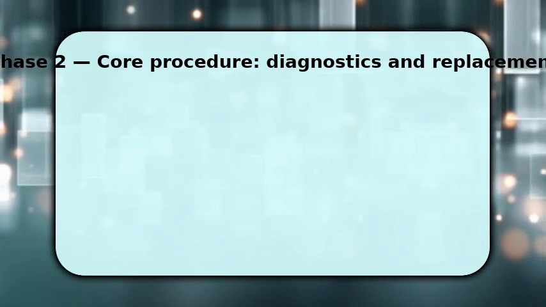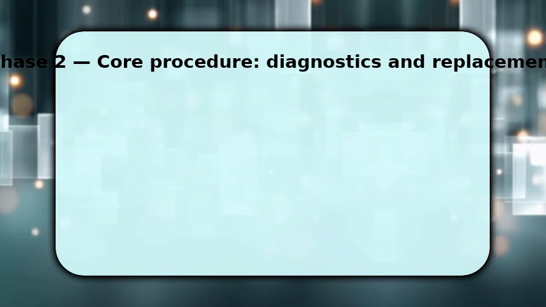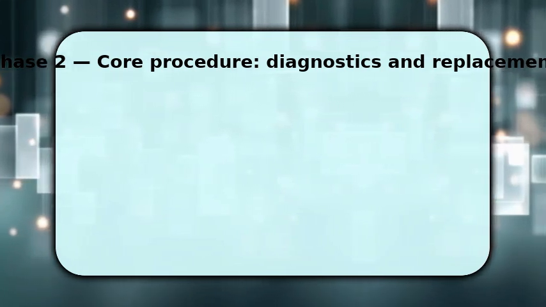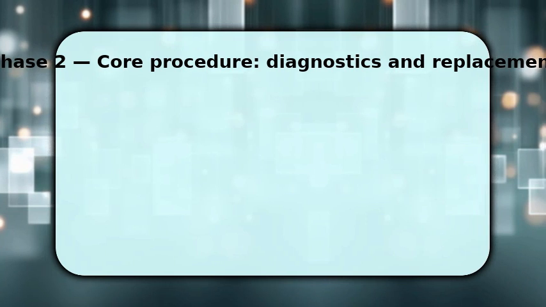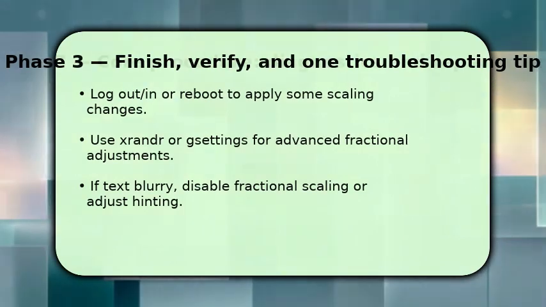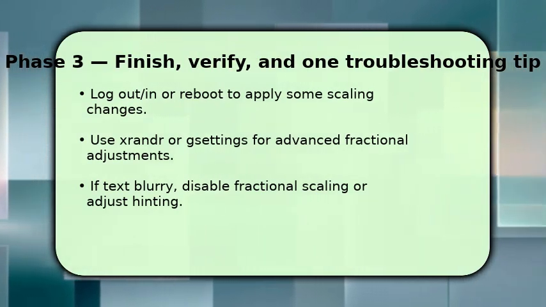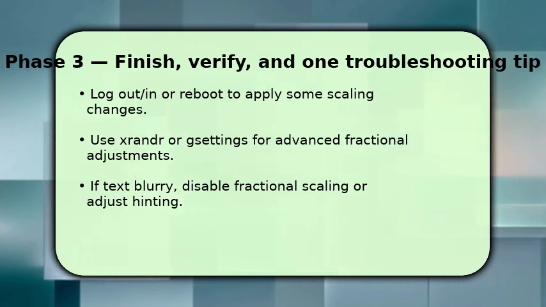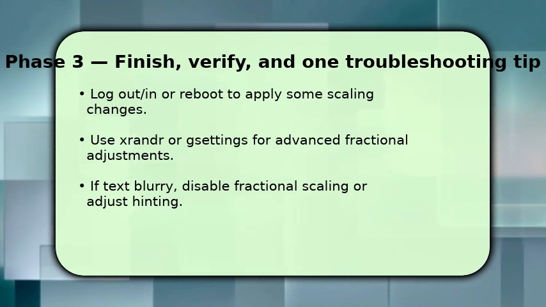If you need finer control, install GNOME Tweaks to enable fractional scaling and tweak font hinting and anti-aliasing. This optimizes clarity without massively altering layout. To finalize, log out and back in or reboot, because some scaling and font changes require a session restart to render correctly. For advanced fractional scaling, use xrandr commands or gsettings to set custom scale factors, which lets you fine-tune